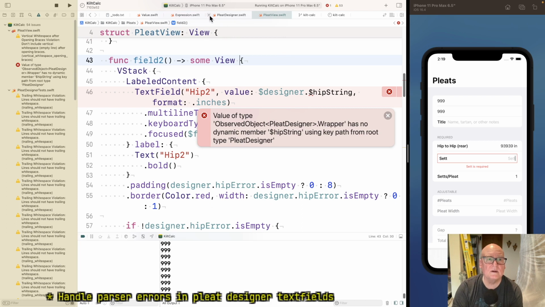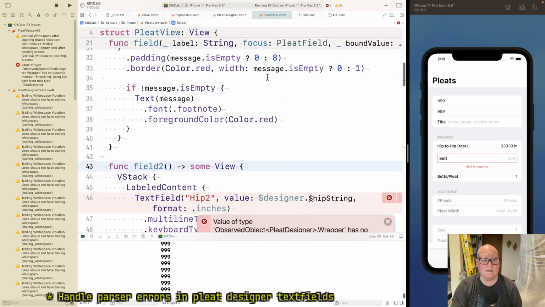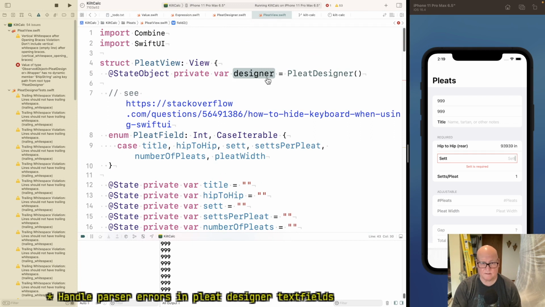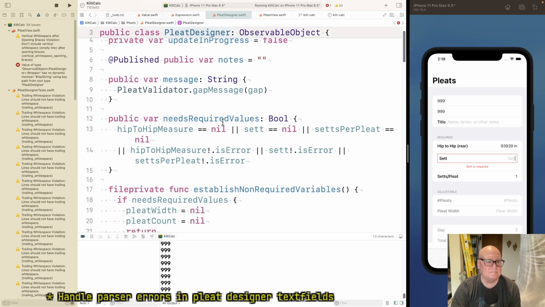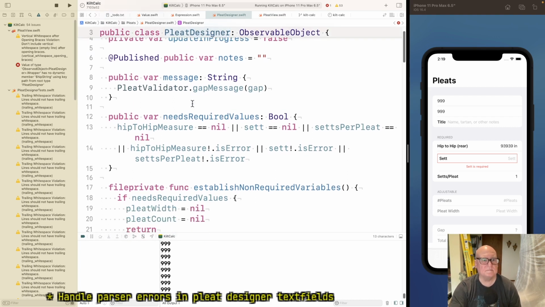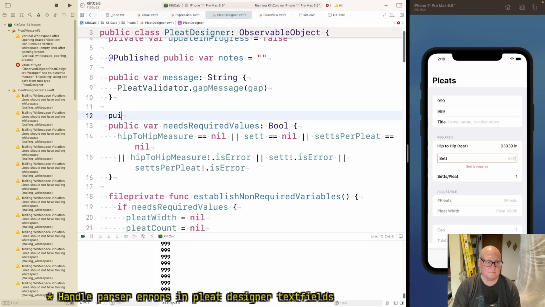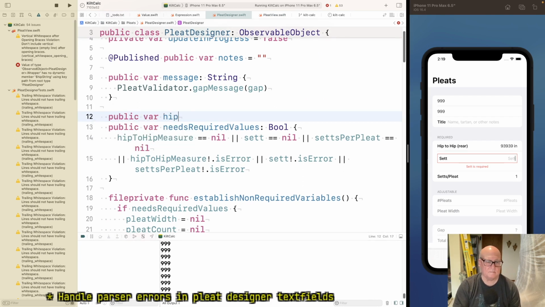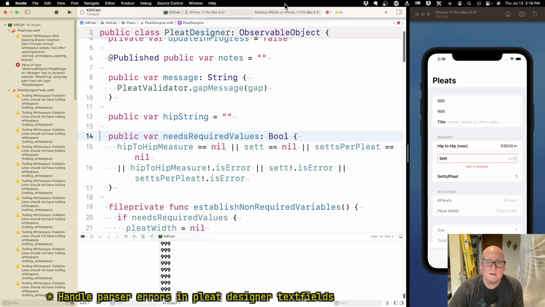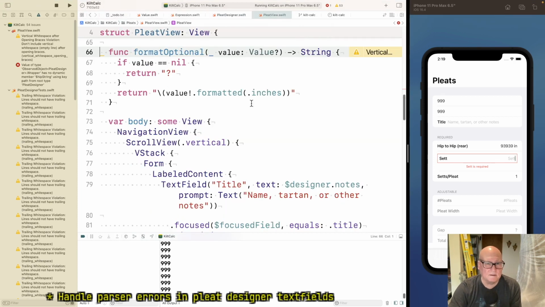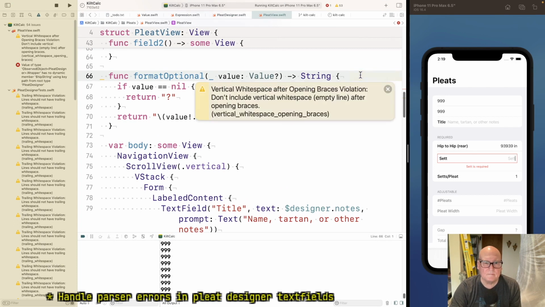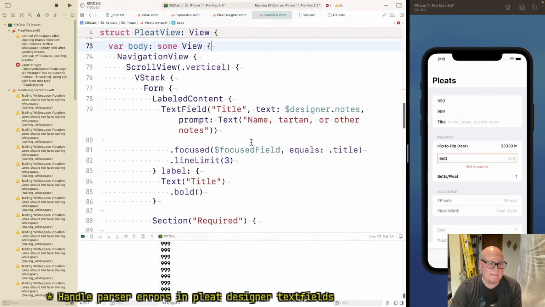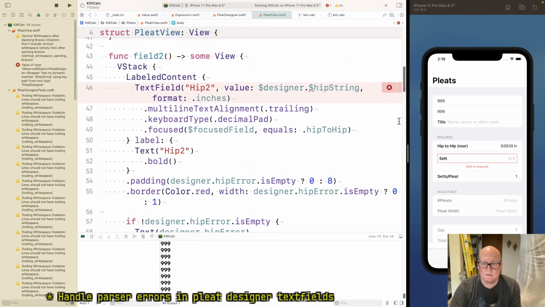Okay, let's go to designer, which was PleatDesigner. Okay, so I'm putting that on here. It's my field 2.